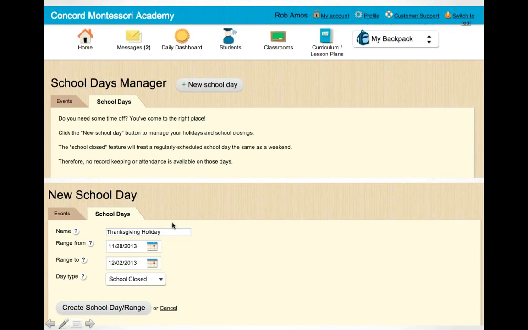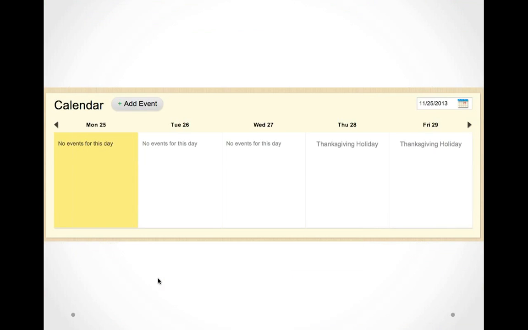This does work in the opposite direction. In the rare occurrence where you need to have an additional school day, where it says day type, I can click that and I can toggle on over to additional day, and it'll go ahead and open up the day, basically make a non-school day, like a Saturday, available to become a regularly scheduled school day. So if you had a series of blizzards over the course of a winter and you needed to make up some extra days on a Saturday or something, you would be able to do that as well. It's a rare occurrence, but the feature is available. And then you can see this is what it looks like to the parents.